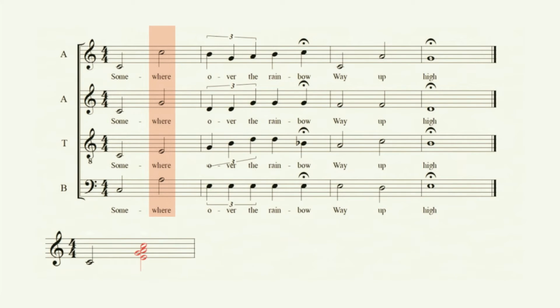Beginning with the "some" of "somewhere," each voice sings a C natural. The "where" of "somewhere" utters a C natural in the top voice, followed by a G natural, E natural, and A natural in each of the voices below it. If we align these notes in their root position, we get an A, C, E, G, which makes an A minor seventh chord. The closest inversion for that chord, having a C natural at the top position, is its second inversion, which gives us the chord shown in the treble clef staff at the bottom of the page. This chord is arpeggiated as C, A, G, E, and sounds like